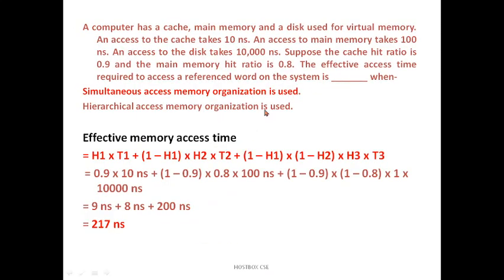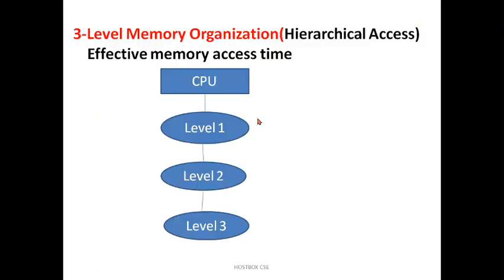A question is asked like this; you can expect this sample question or example in competitive exams like GATE or UGC. So the first one is the best method, because within 217 nanoseconds you can achieve the operations efficiently, get the data, and finish the operations of the computer. But here hierarchical access takes totally 220 nanoseconds. I hope that you understand the 3-level hierarchy, the simultaneous method versus the hierarchical memory organization.